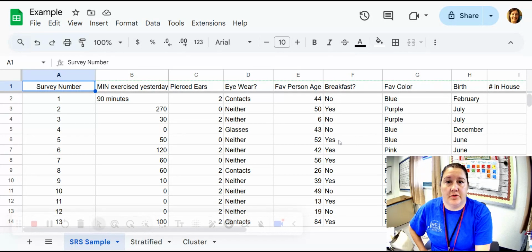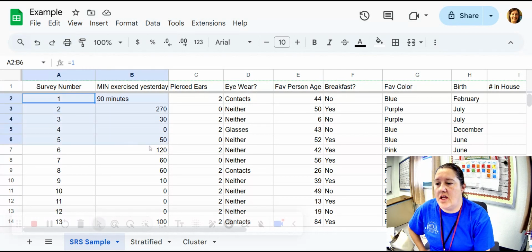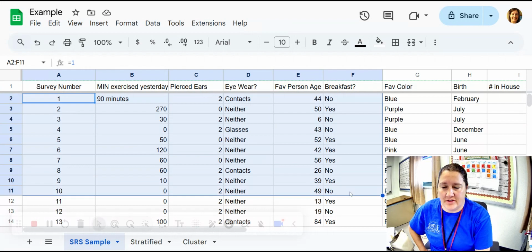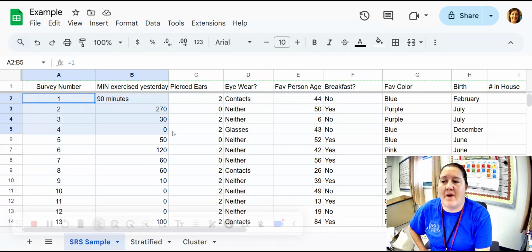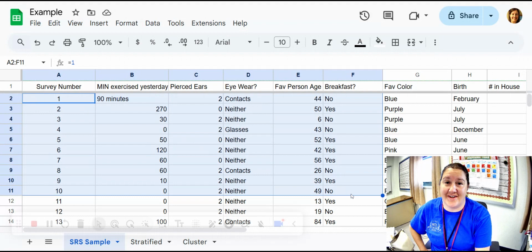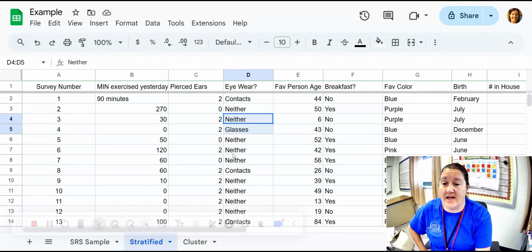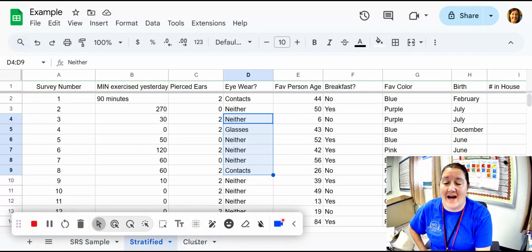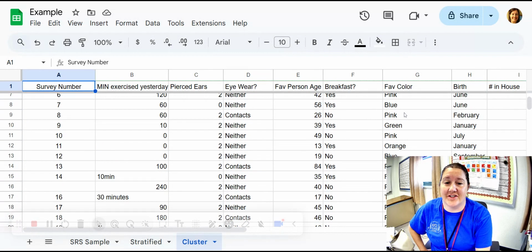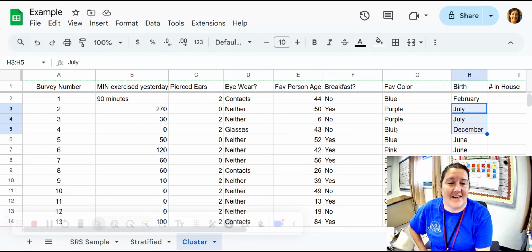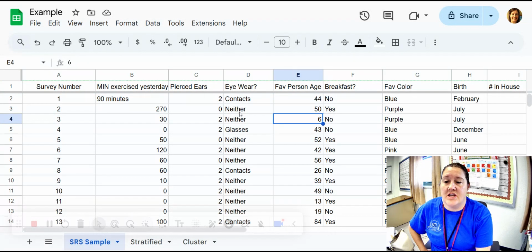We're going to go through the last three pieces dealing with this project. What I have on my screen is, if you didn't watch the previous parts, how my numbers have not been deleted from the SRS or the stratified. I didn't sort through eyewear, and my clusters. My cluster is not separated by birth month. Well, anyway, so realize that